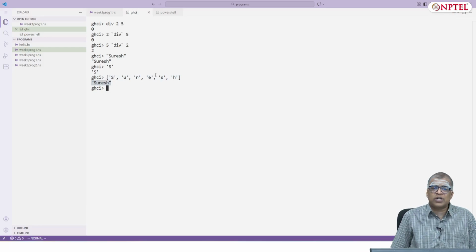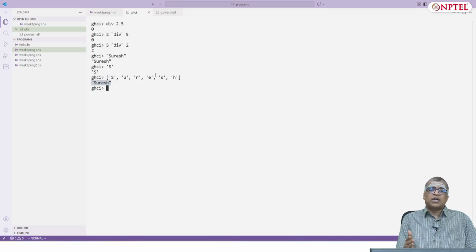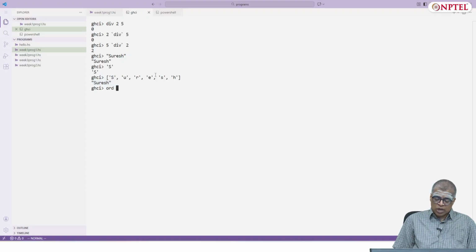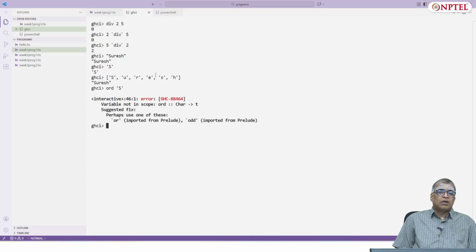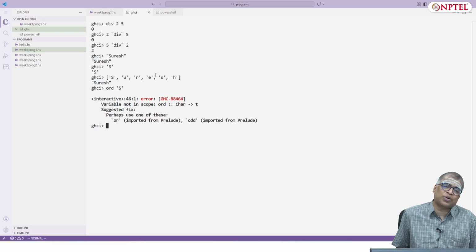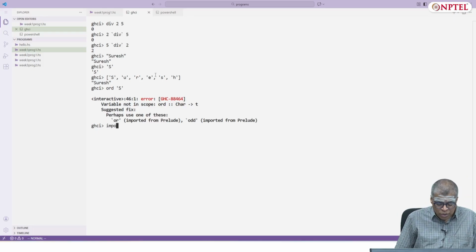Now there are lots of functions on characters also that you can have. Characters are stored in a table internally. Haskell allows Unicode characters, but typically we will be using ASCII characters. You can have some basic functions like ord of capital S. It doesn't allow you to do this because there are functions specific to characters which are not part of the standard library, but you can always import those.